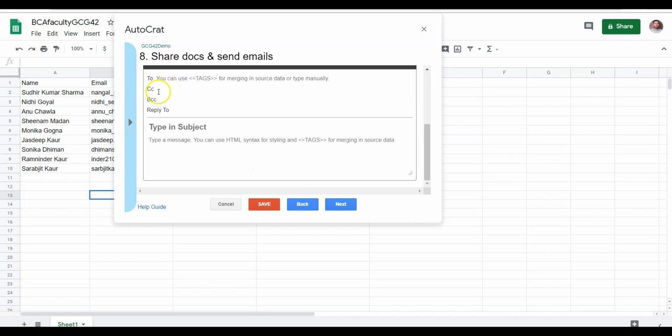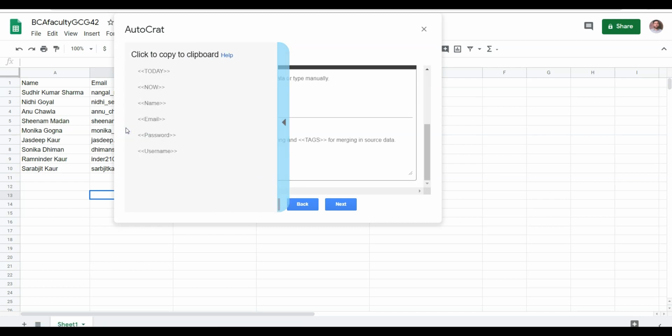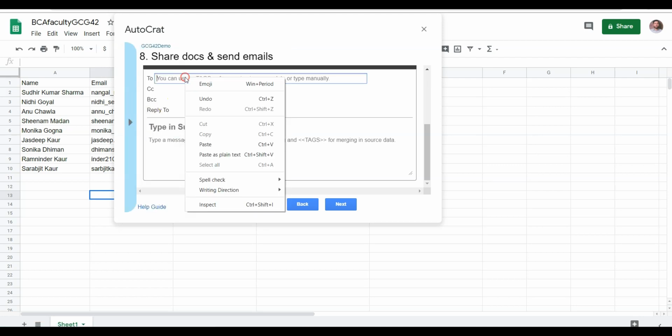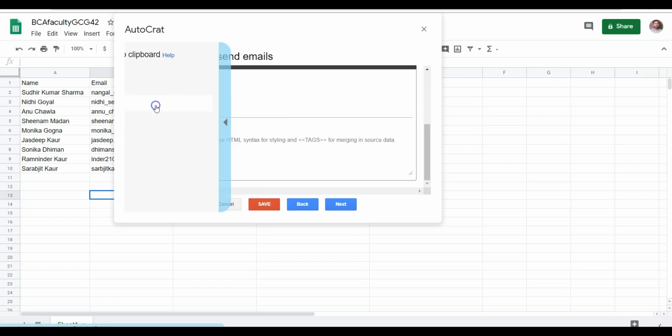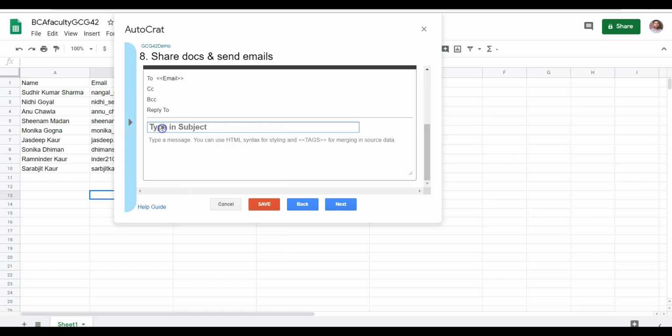Here do click yes about sharing the document. Now here you can specify the email. The email is actually the email of the user which they are already using and which we have put under the email column of our Google Sheet. So from here we can select email and paste it over here, and just like writing a normal email, we keep bringing in the values of the columns for which the email shall be sent individually.